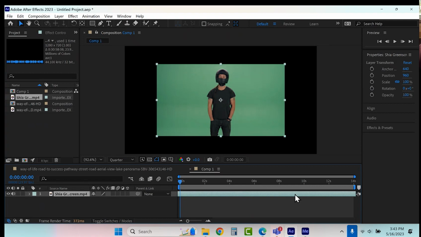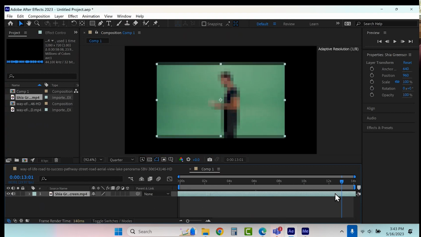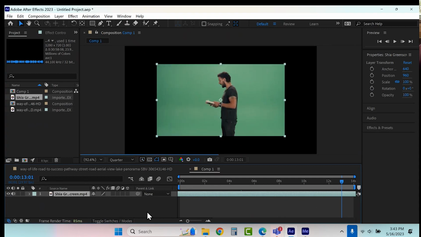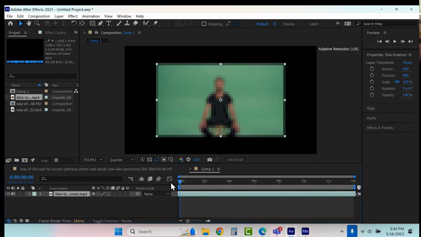So I'm just trimming it off here, trying to find the end of it, the part I want. It's not really a piece I wanted. I wanted to have a little bit more action.